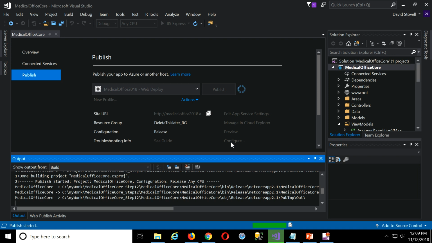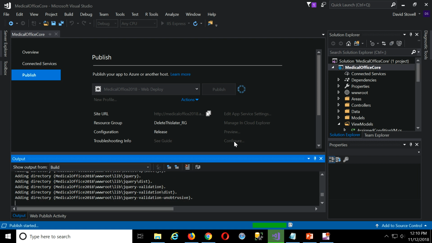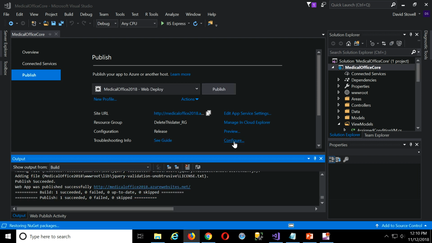That's this configure down here. You got to go in there and check off all the options for the database to use the remote database and to do migrations. That's usually what causes you a problem. But again, following the 4-step recipe,